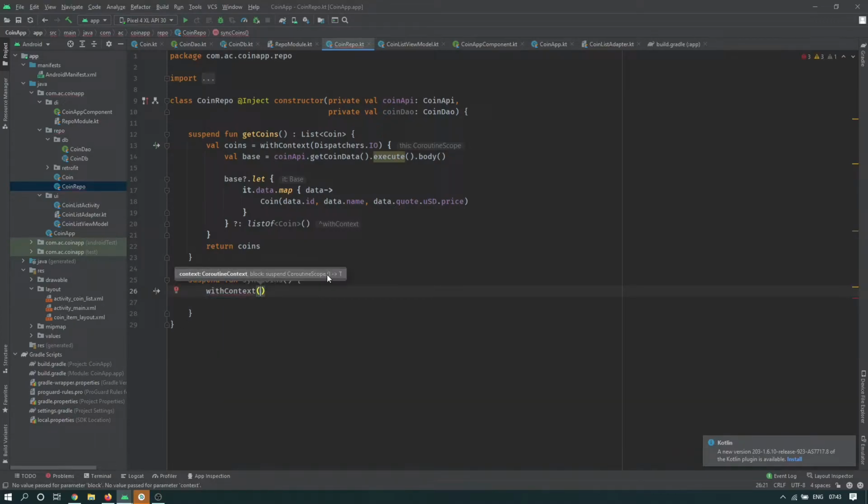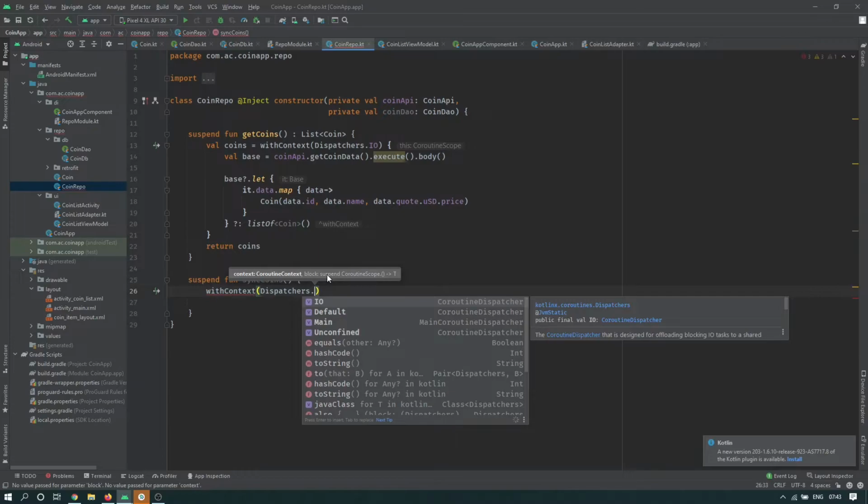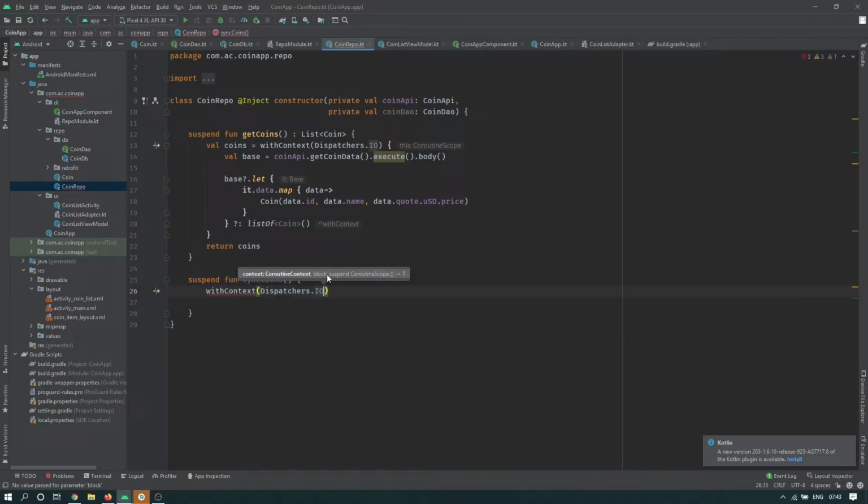So let's use the context. Dispatchers dot anything should be okay. Let's make it IO. This code is similar, so let's get the body from the coin API. I mean the response, our response. So once we have the response,